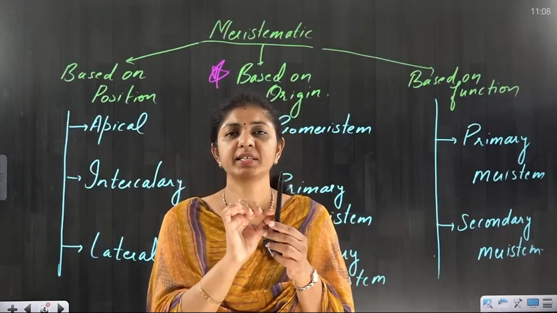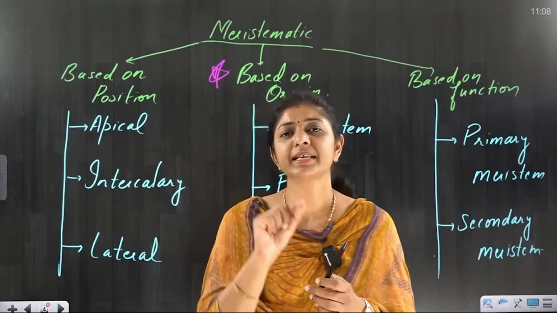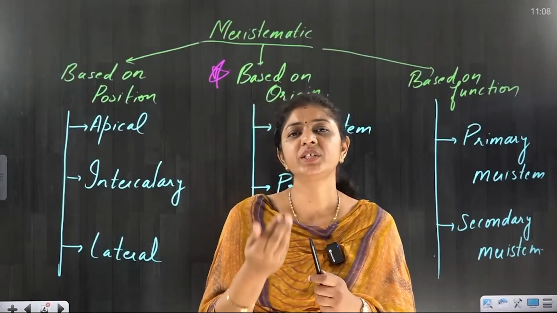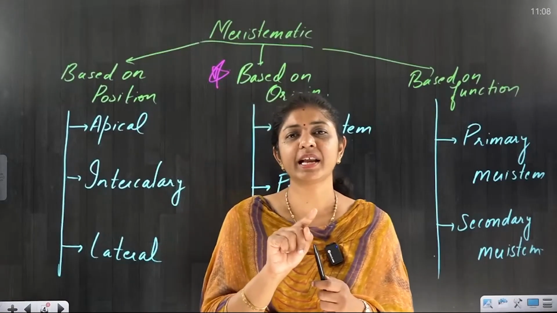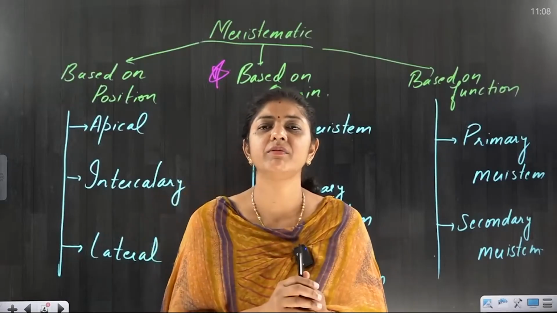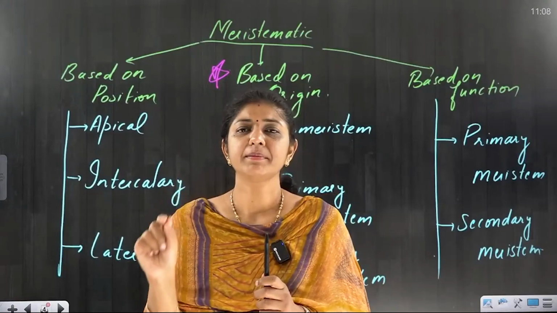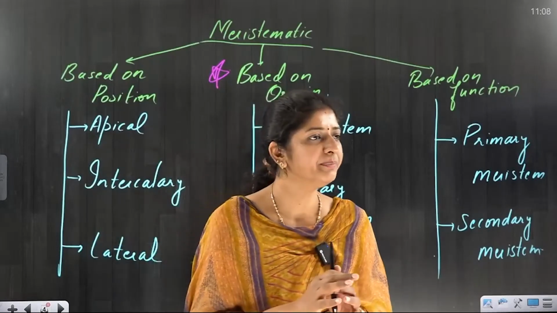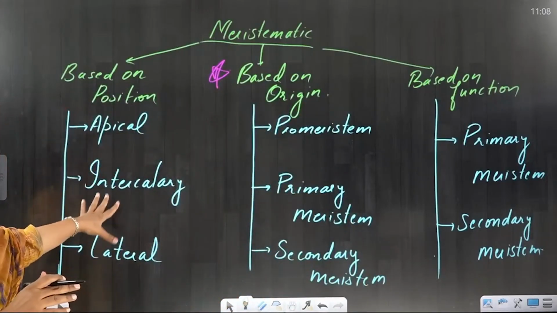Their position is at a specific point, right? So that position you call meristem, and inside the meristem which cells are there? Meristematic cells. Meristematic is like an adjective for the cell. Which type of cell? Meristematic cell will be there, right? So meristem is a region, whereas the meristematic cells are the part of that region. Clear? Okay.